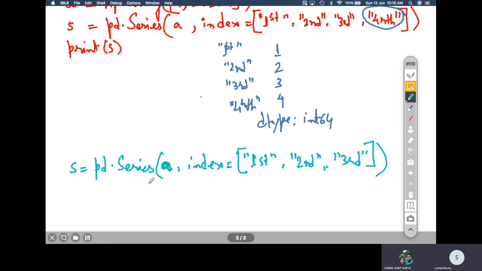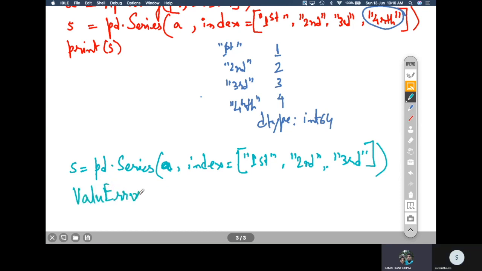Why will the error come? The number of indexes and the number of values do not match. There is one extra value, and that is why there is a value error.